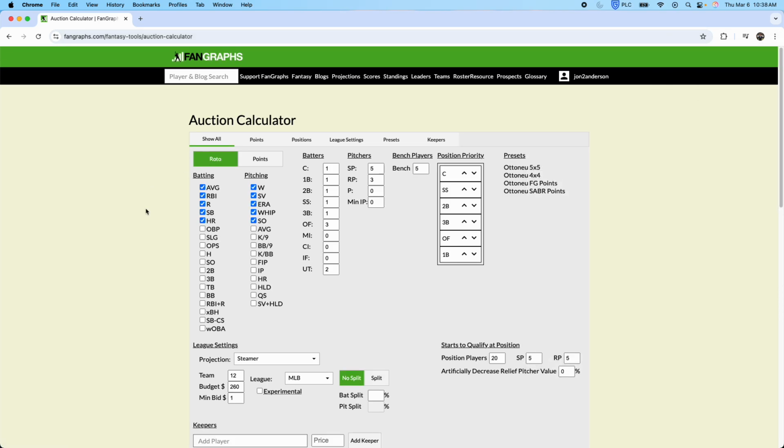I always have to hide my bookmark bar. There's nothing nasty on there, but I feel weird about people seeing my private bookmarks. But you saw them already, so that's okay. All right, so